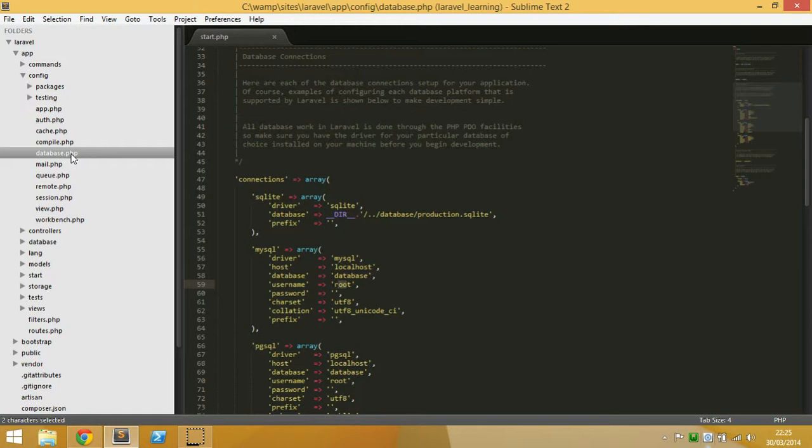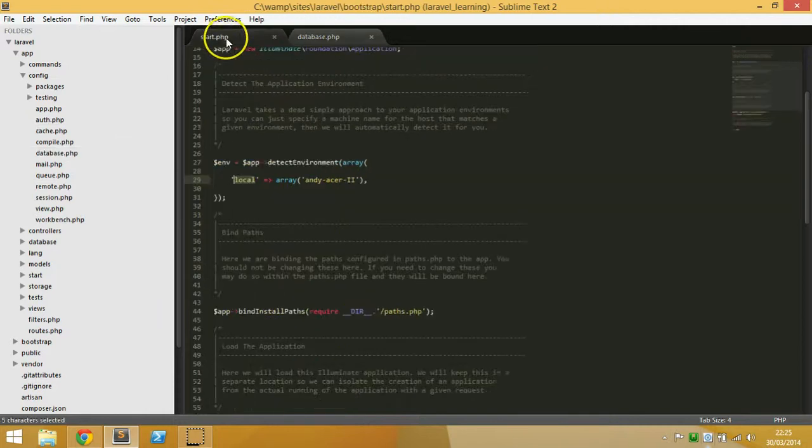So Laravel provides a way of organising this kind of stuff better. If I double click this and open this, in here, what's going to happen is if detect environment sees that the computer name of the machine that it's on exists, then it's going to get its configurations from the local directory first here in config. Okay,